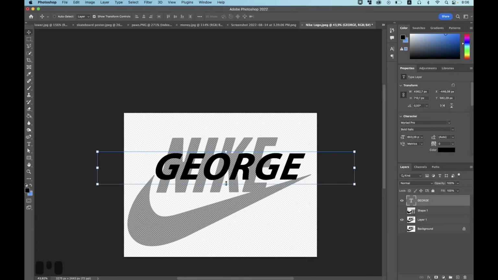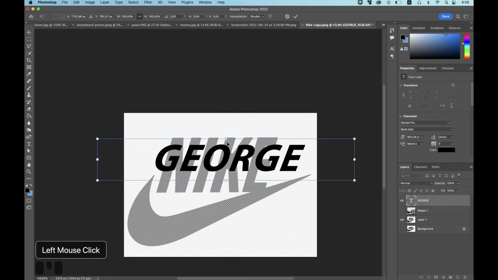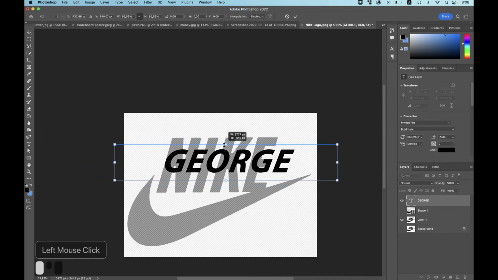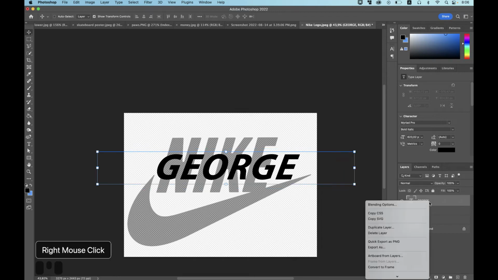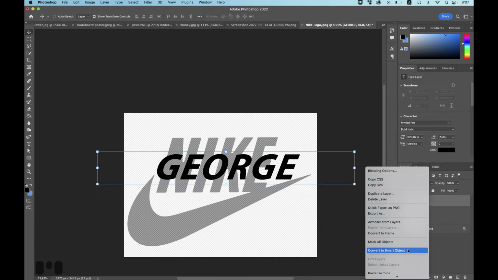And now I want to stretch it up, but I can't because I have a type and this is not a smart object. In the next video we will learn about it. And now all I need to do, just right click on this layer with George and just select convert to smart object.